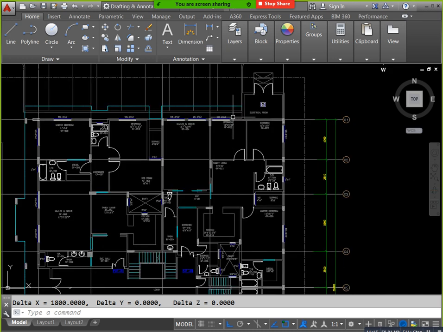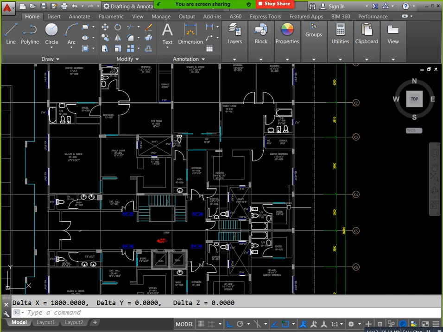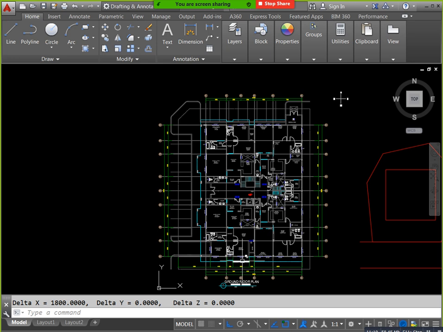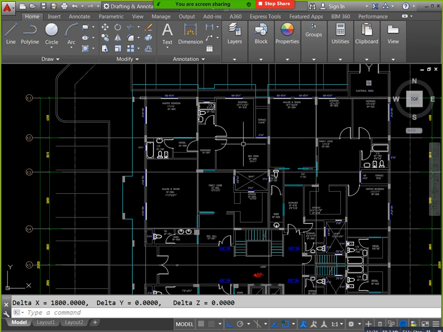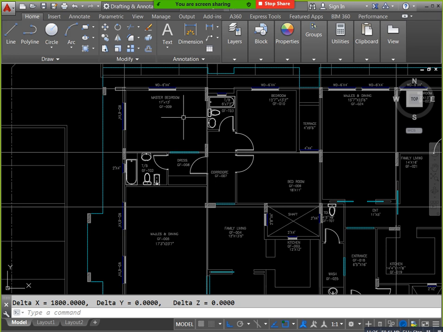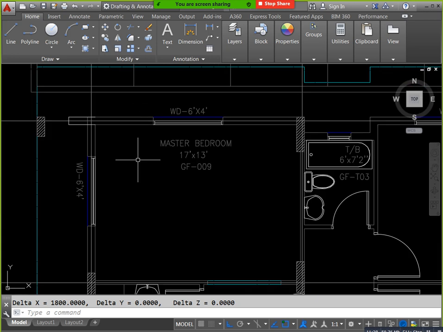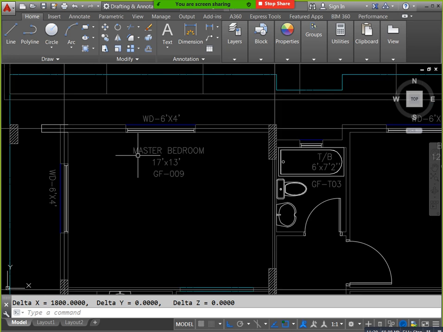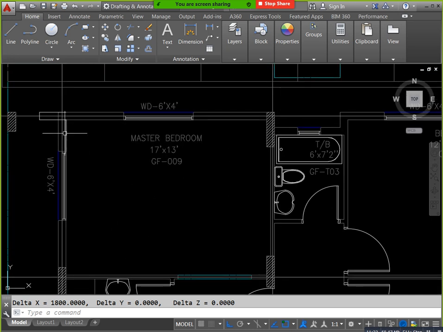The entire boundary we consider as walls exposed to the sun, the outer walls. For this master bedroom, this wall and this wall we consider as the outer walls. But this wall and this wall, these two are inner.